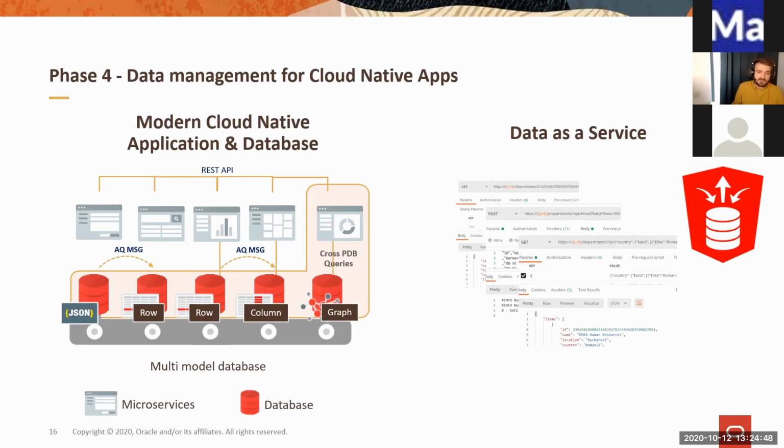We also support Oracle REST Data Services. This is a big differentiator. This one tool, Oracle REST Data Services, fits into microservices architecture, and it's not only for autonomous. It's available for any kind of Oracle database. Oracle has a small footprint application called ORDS, and using this, you can enable AutoREST, for example. Based on the structure of the table, you can create REST services, and you can interact with your Oracle database only with REST calls, right? So you don't need any kind of client or anything like that. This is very powerful, considering that we also have this database which is able to handle any kind of data.